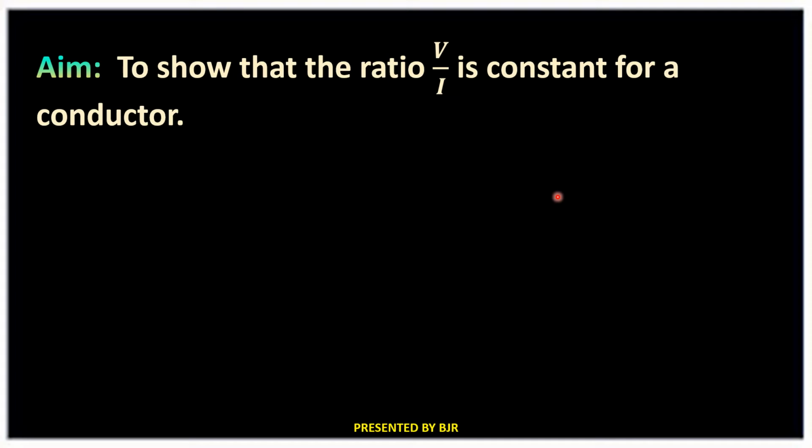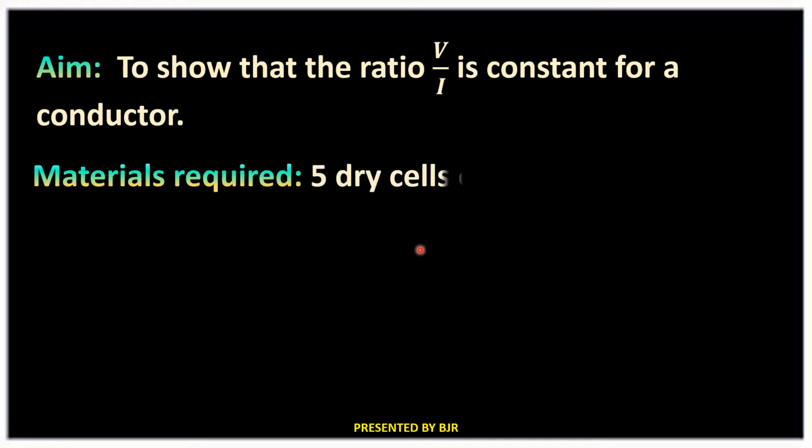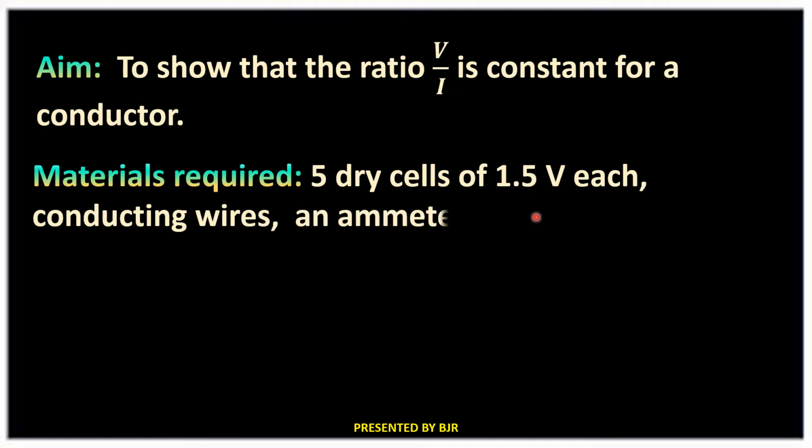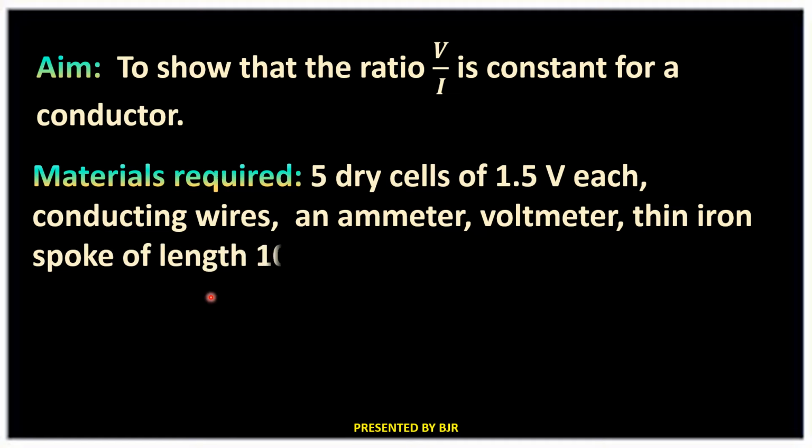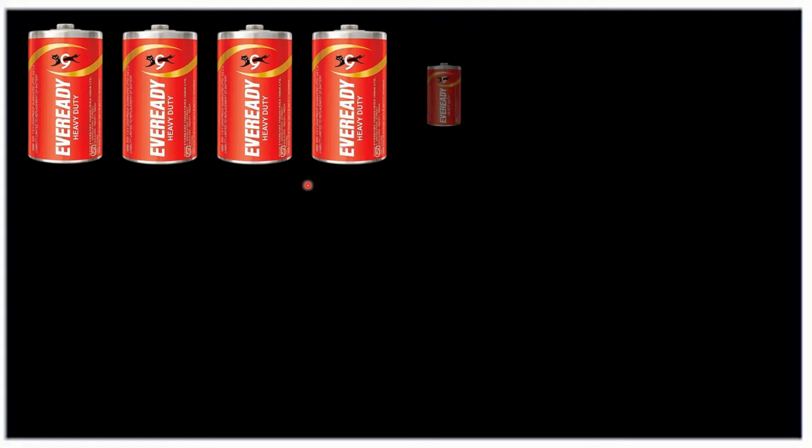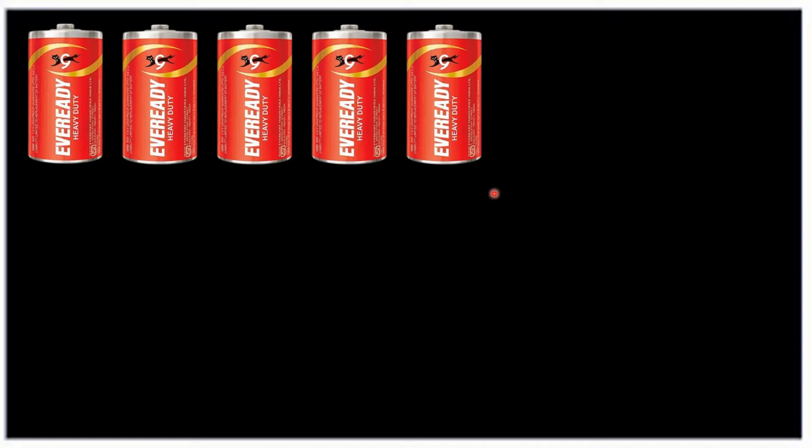The materials required for this lab activity are 5 dry cells of 1.5 volts each, conducting wires, an ammeter, a voltmeter, a thin iron spoke of length 10 centimeters, and a key. Here I am showing you the materials required. So these are the dry cells of 1.5 volts each. I have taken 5 dry cells,